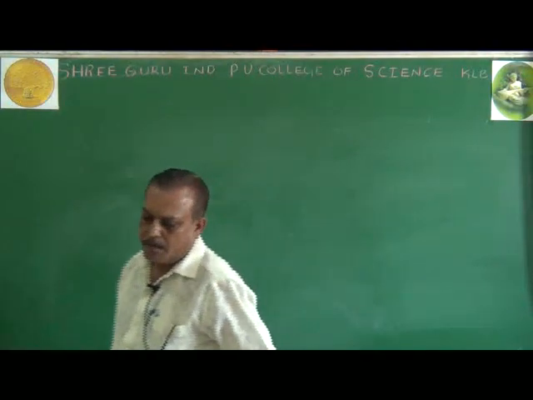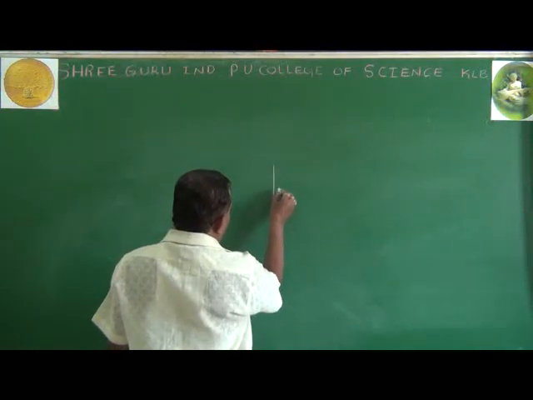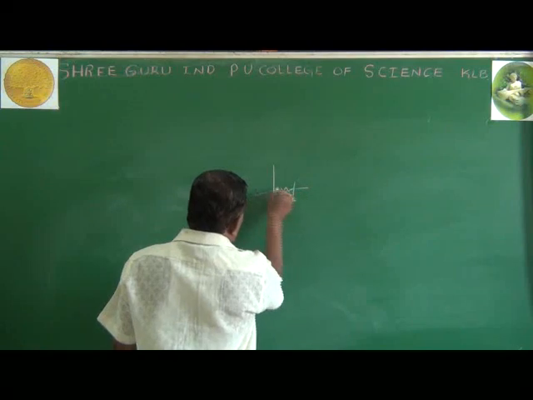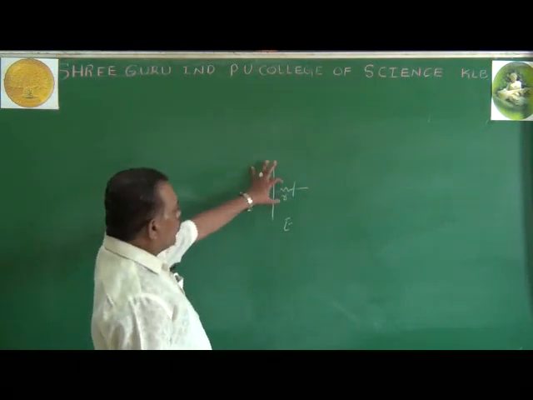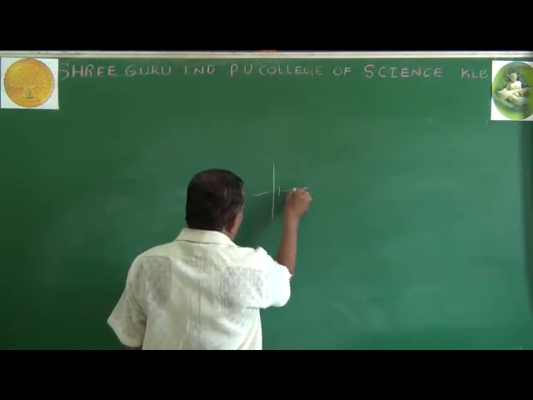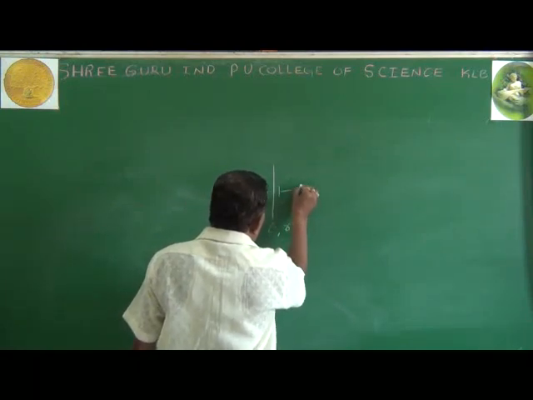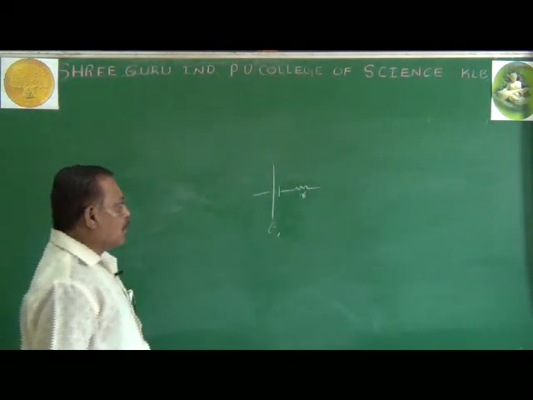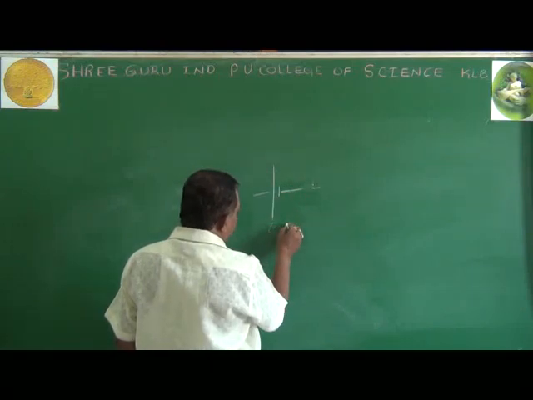Are you getting it? Every cell has an EMF, with a positive and a negative terminal. Now, this is the internal resistance of the cell, represented by r, and the EMF of the cell is E. It is somewhat awkward, so it is represented simply as the cell having EMF E and internal resistance r. Sometimes it is represented outside, this is r. But we take the easy representation: the cell has EMF E and internal resistance r.